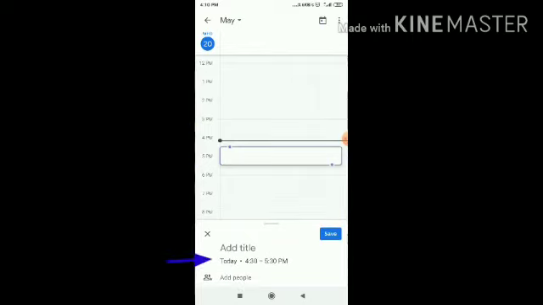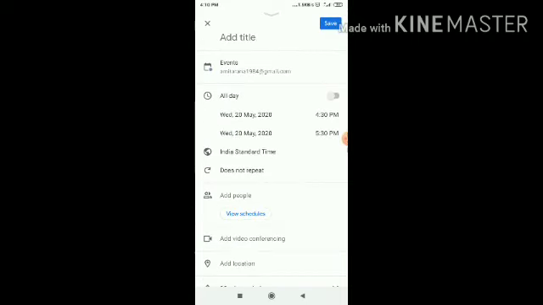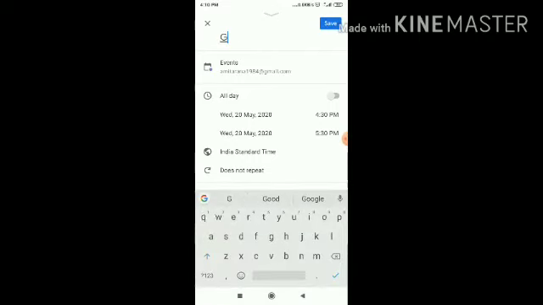Here comes add title, 4:30 to 5:30 p.m., because wherever I tap, it will give me that time frame. It is like that graph in the dotted line, so it is taking like that. So I will just pull up this and add a title first: G Suite meeting.